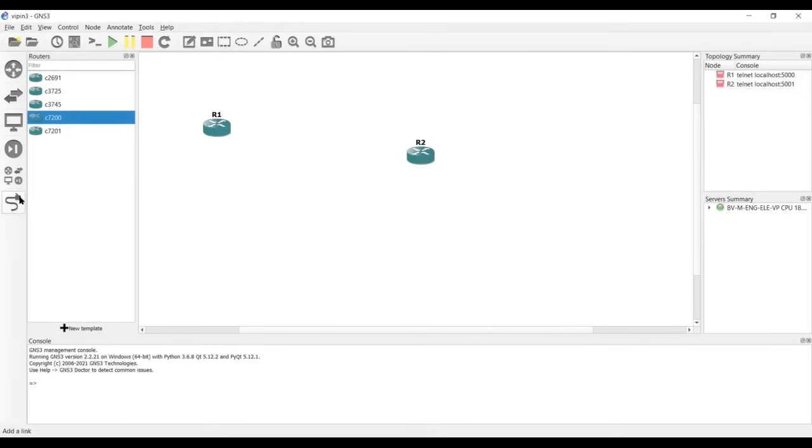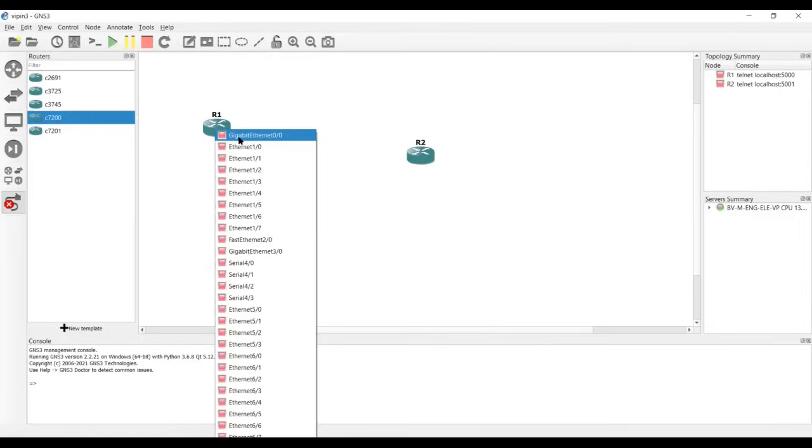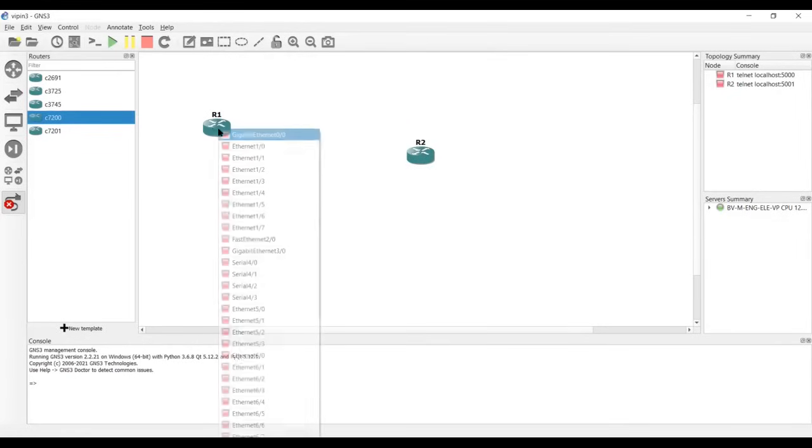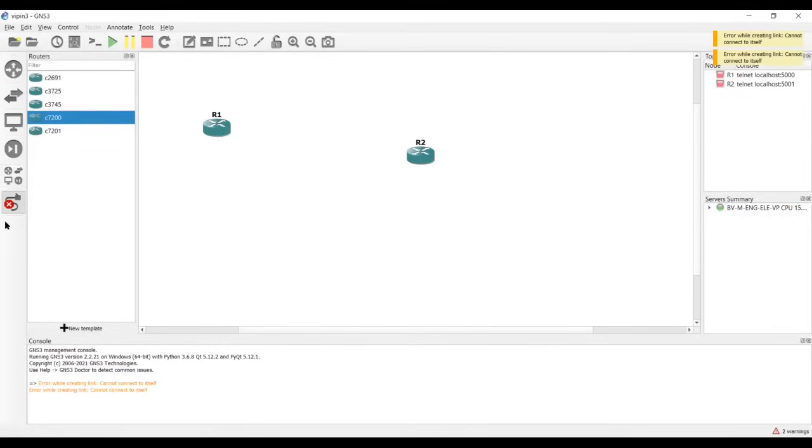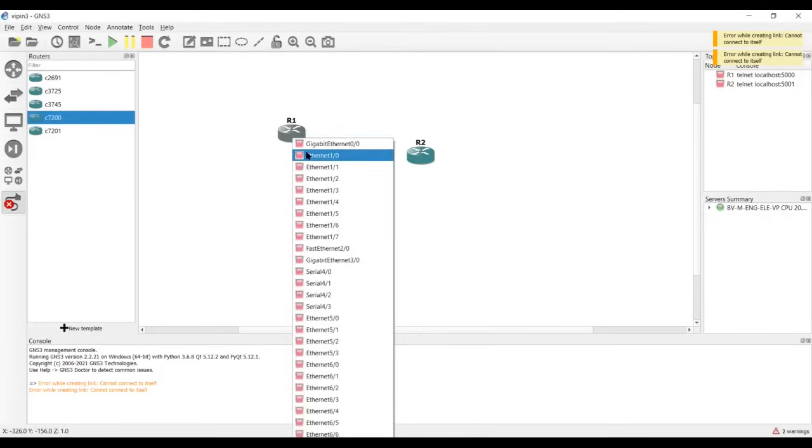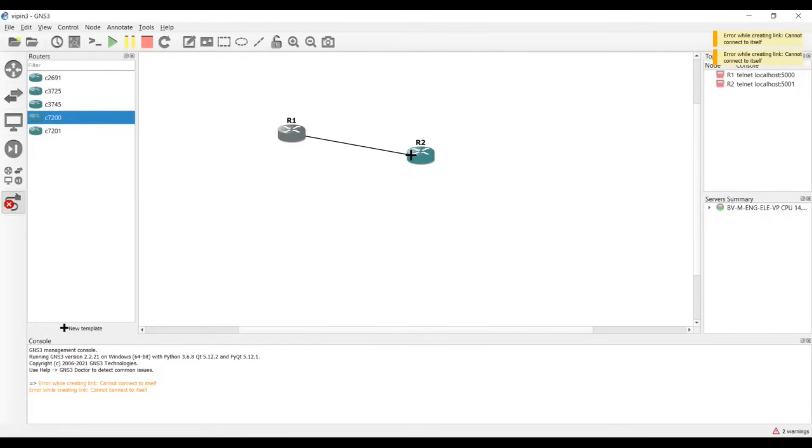Okay, now you will click this, you will do left click. And let's say I'm connecting Ethernet 1/0. So Ethernet 1/0 to here, you will click left to Ethernet 1/0 of this one. Okay, so now both of them are connected to each other, and you want to see, or you want to